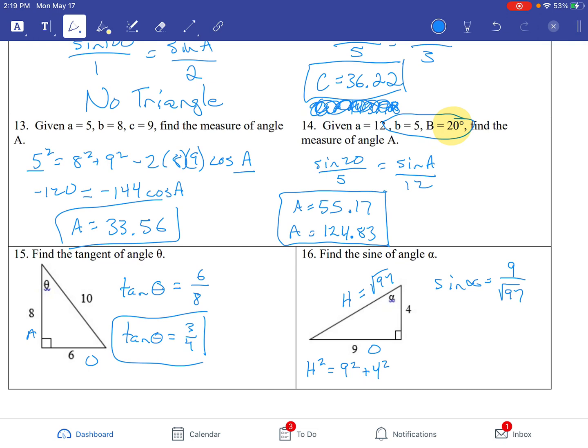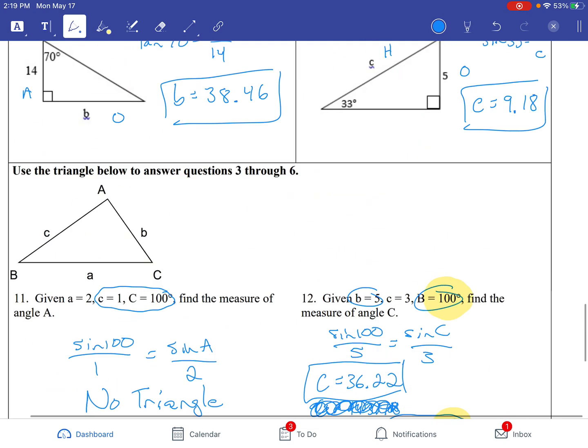Now, in math, you're not allowed to keep square roots on the bottom of your fractions. You're going to multiply to the top. So you're going to get sine is equal to 9 root 97 over 97. This is your answer. In order to find the sine for 16, you have to find the hypotenuse first. Once you have the hypotenuse, you can find the sine. Without the hypotenuse, you're not answering the question correctly. All right, and that is our